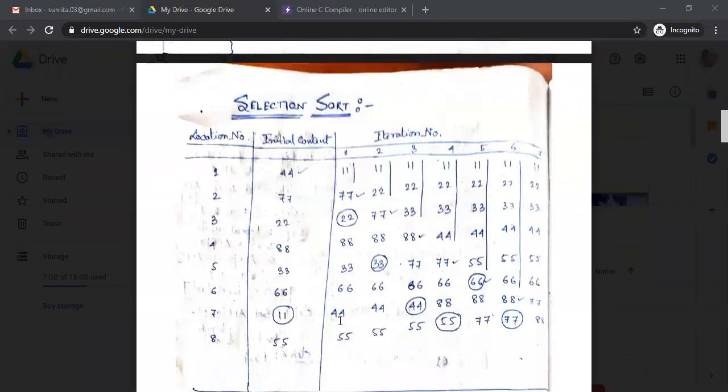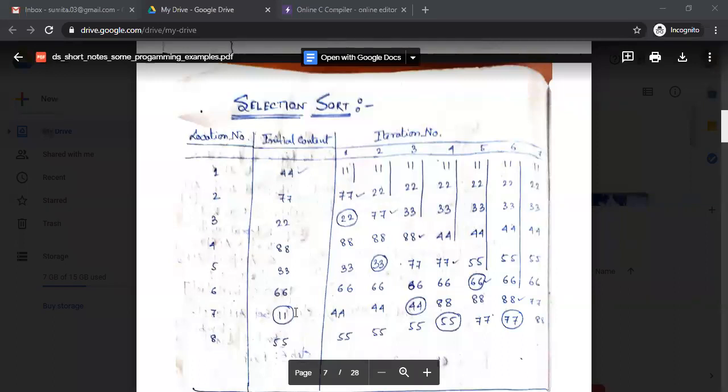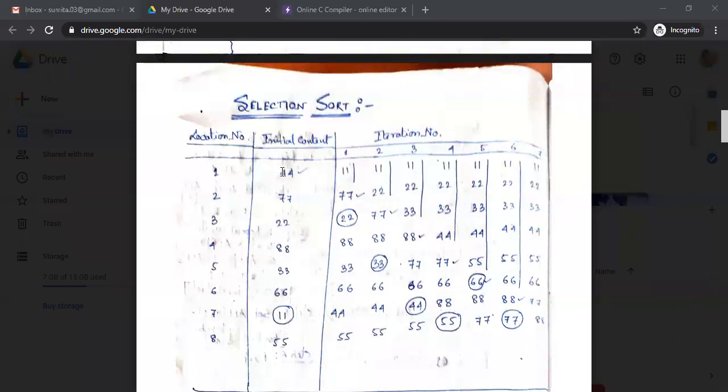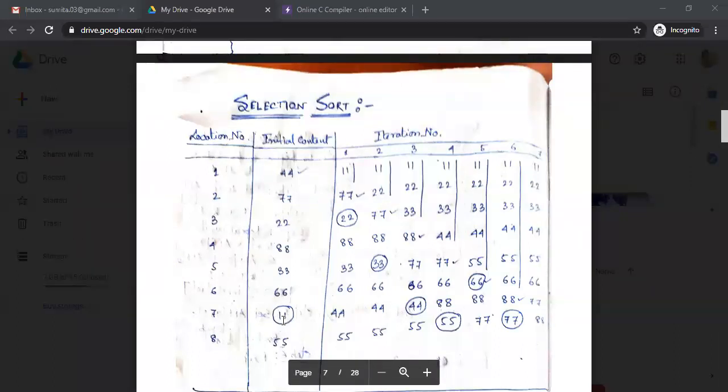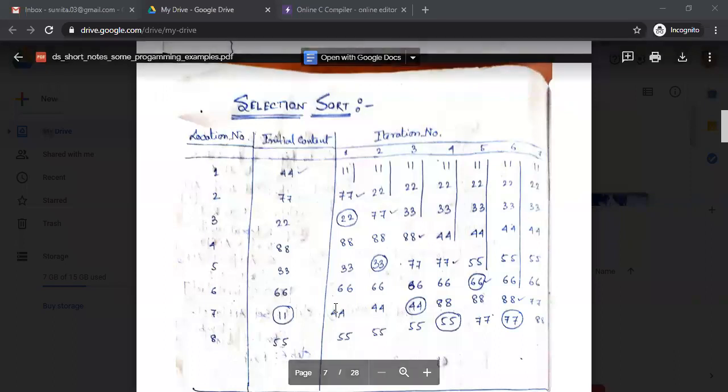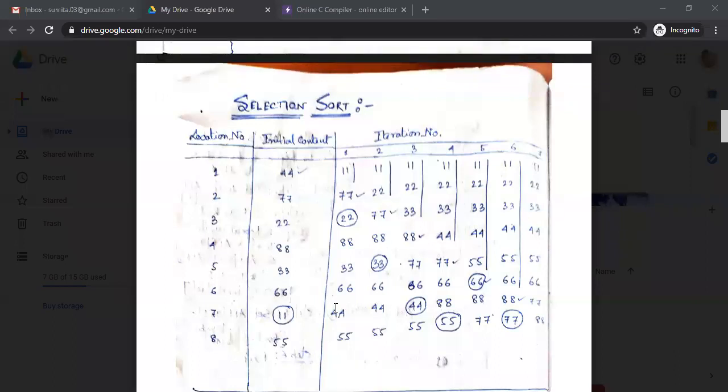If we see that, we have already seen that if I am taking this 44 out on one side, among these elements, 11 is the smallest one. So it is very clear to us. Okay, I'm not talking about the programming logic. I'm just telling you the process. When we do the programming, then we talk about the logic expression or something like that. So now just understand the mathematical procedure.